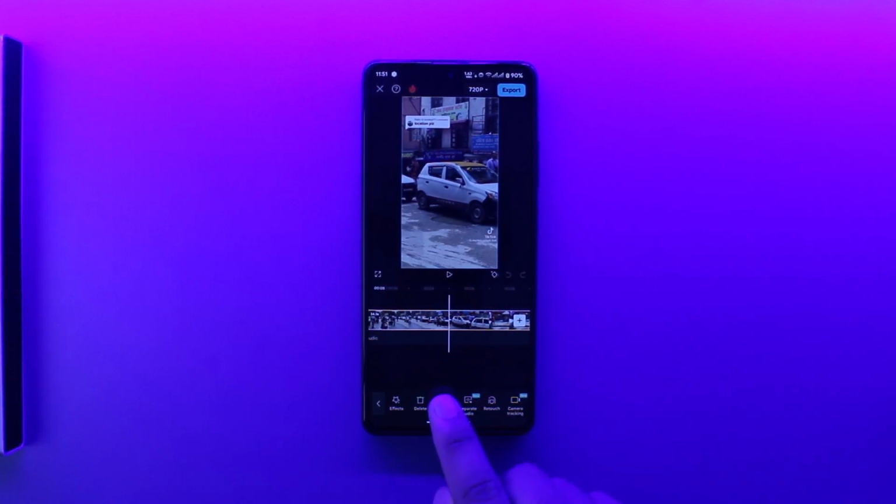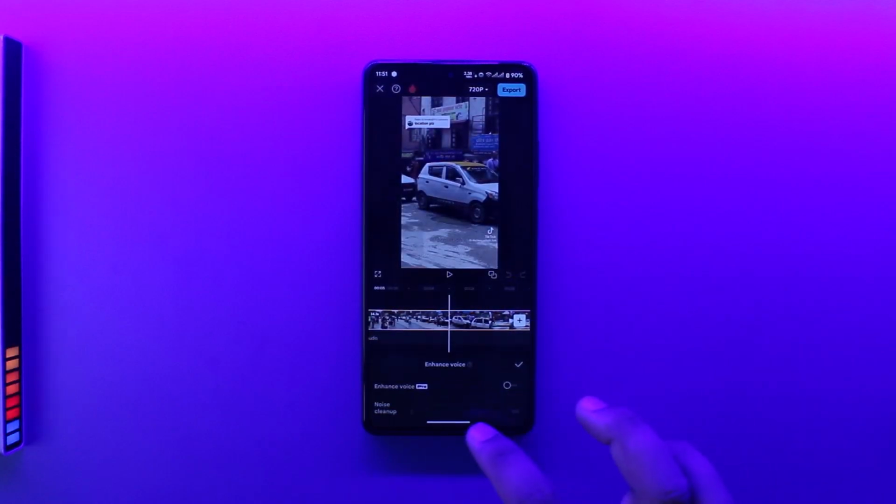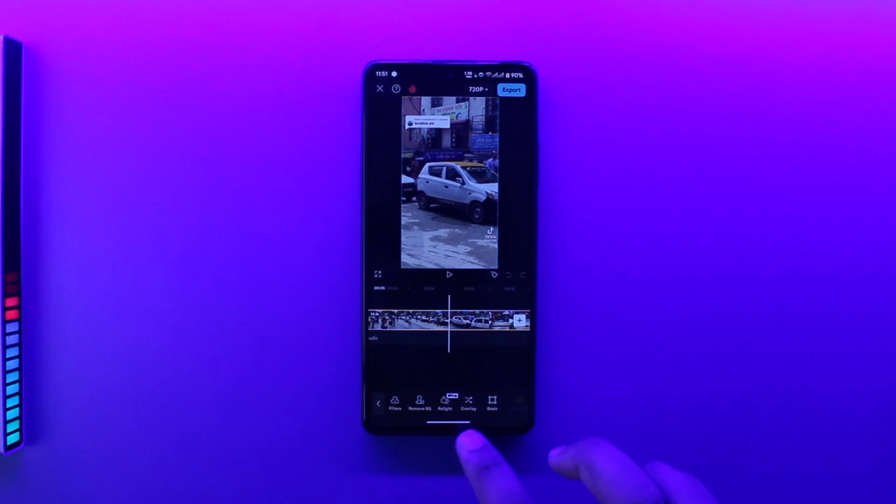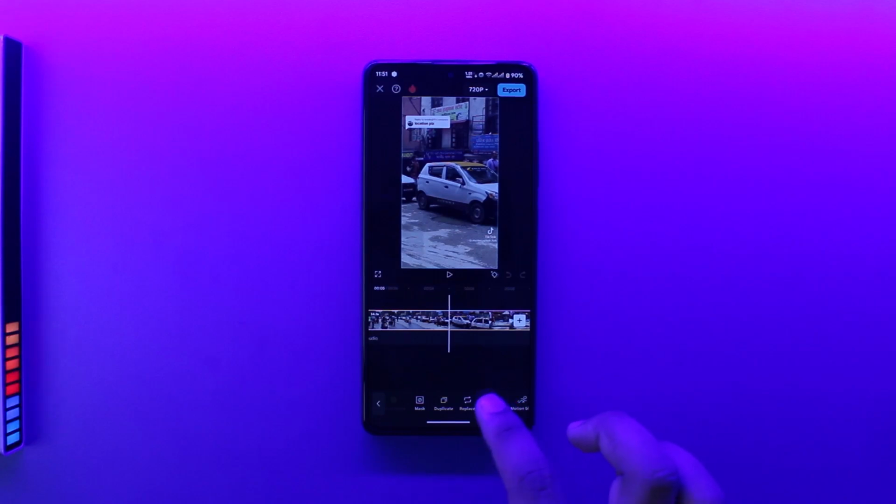You can say enhance voice, so you can tap on enhance voice and you'll find many options, but here you can see there's no option to add that particular audio echo. So here you can see a couple of options. Again, just keep on scrolling over here, and once you've done that, you will see all these sorts of options,